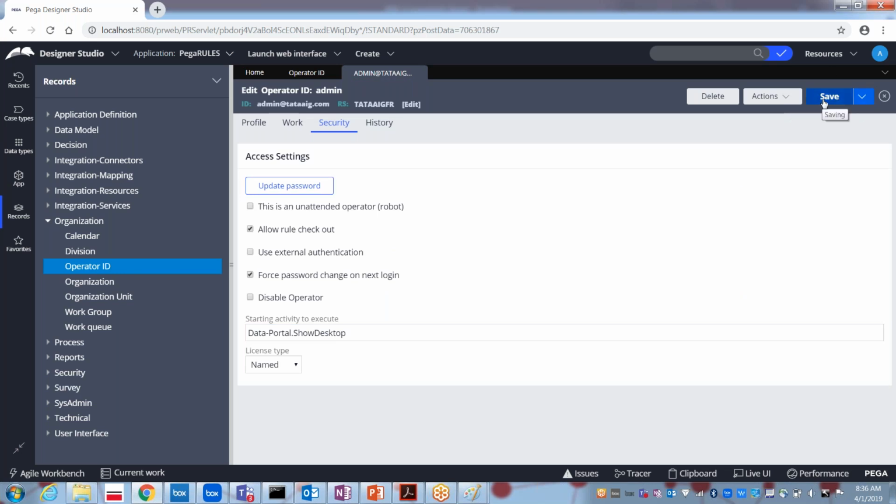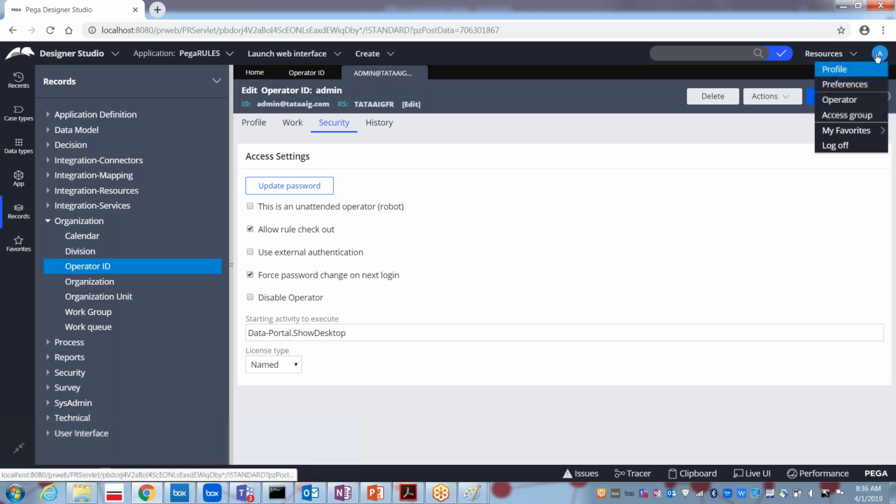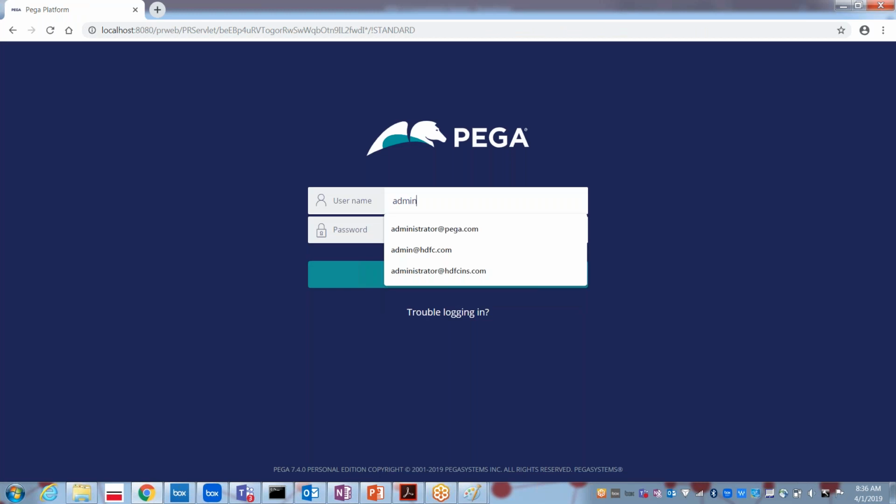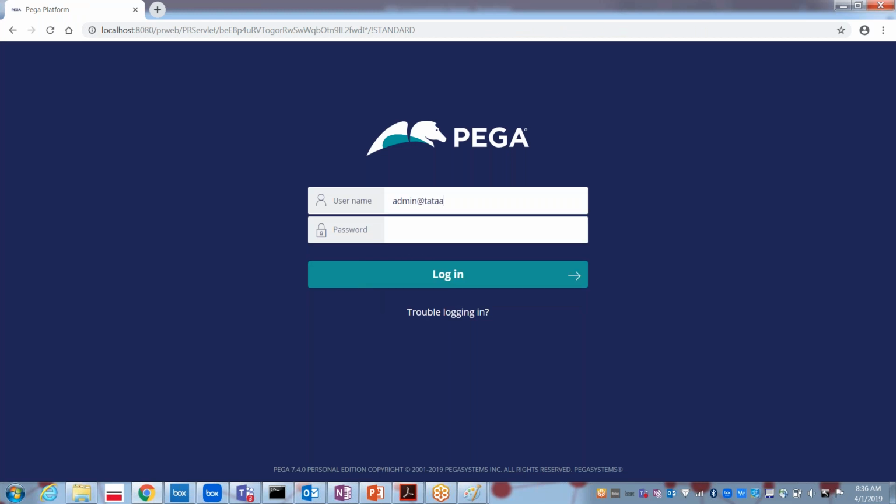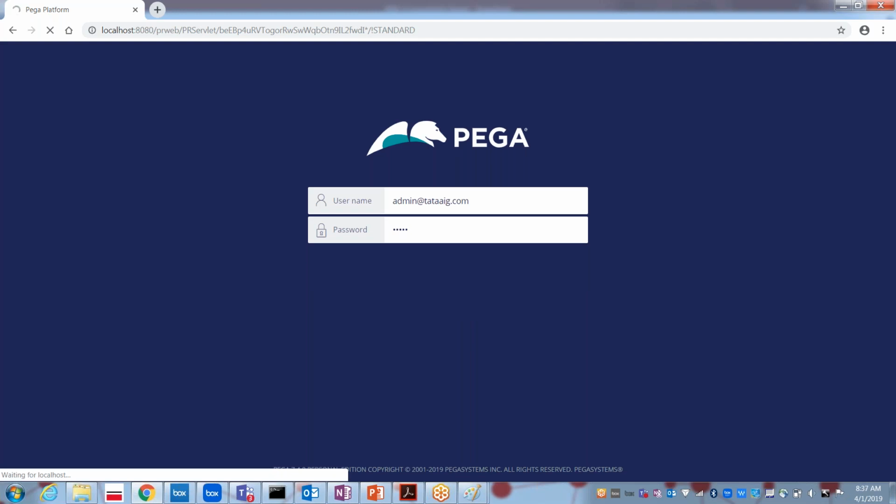Okay, now save it. So right now I am with the operator ID admin at pega.com. So I am going to log off and log in from his operator ID. Now admin at tataaig.com, the operator ID, and the password I have given, RULES, rules, and then say login.